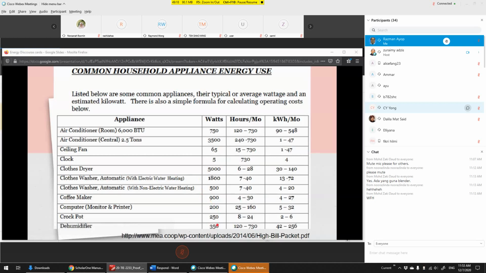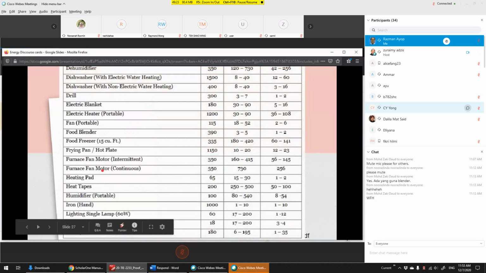Next. Okay, next, your dishwasher, 1.5 kilowatts. All right, with heater, without heater. Your electric drill, your electric blanket, we don't have that here. Your electric heater, we also don't have here. In Malaysia, we don't use electric heater. Your fan, portable fan, 115. Food blender and so on. Furnace. And lastly, you look here, 18 watts is your fluorescent lighting. Okay, 180 watts, 60 watts is your